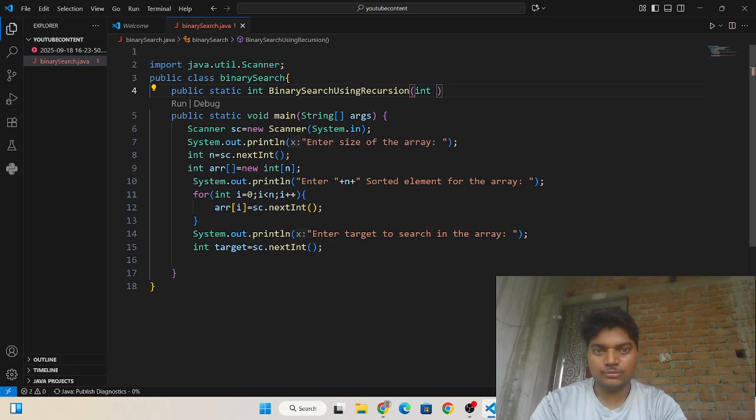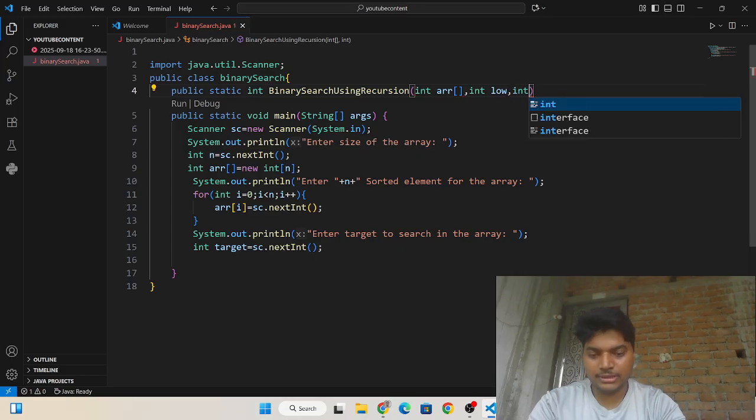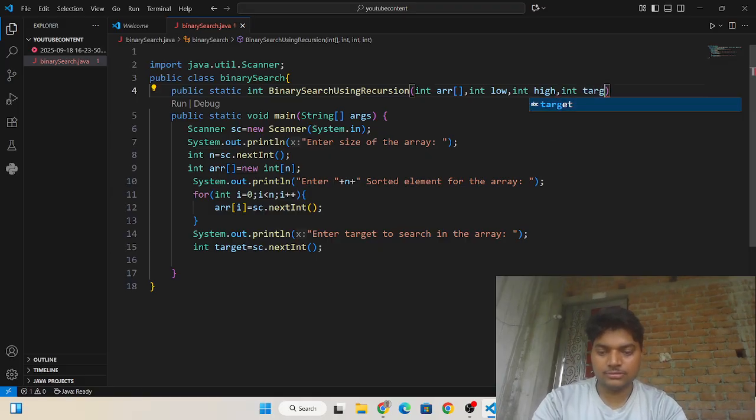Now I am going to take parameters, or arguments you could say: arr, int low, int high, and int target.